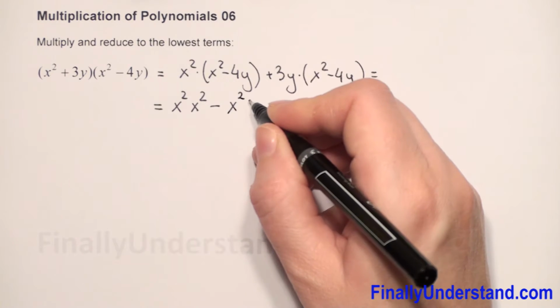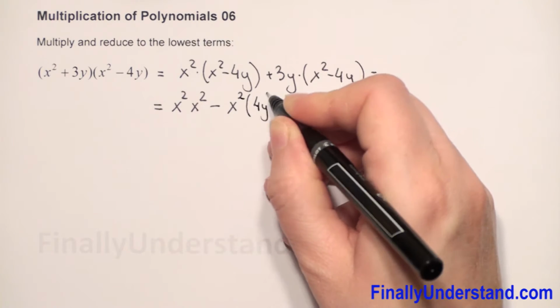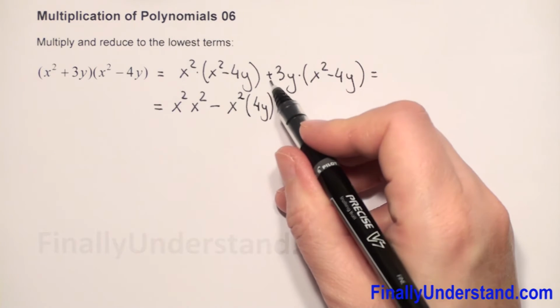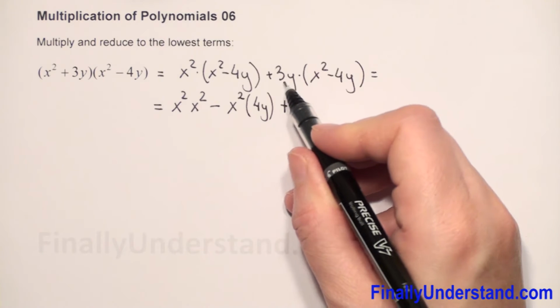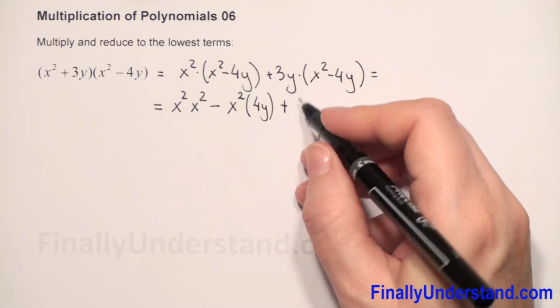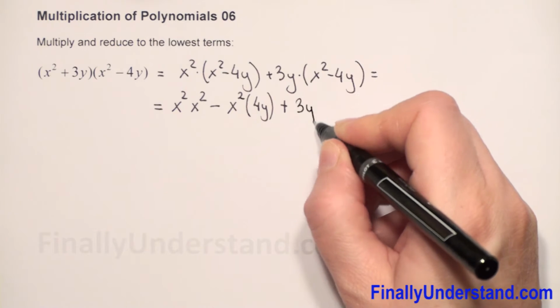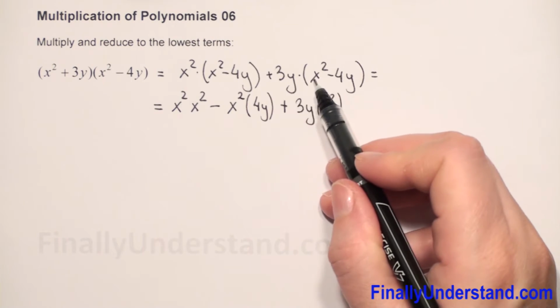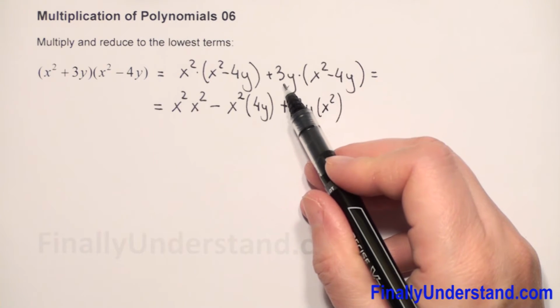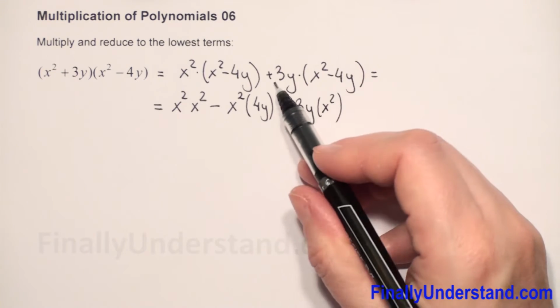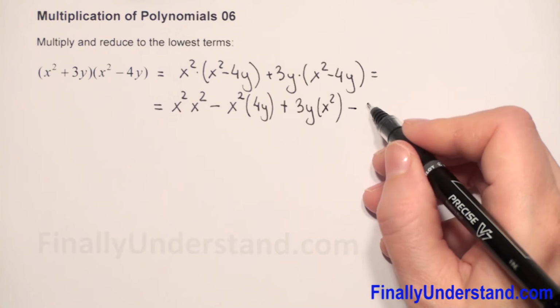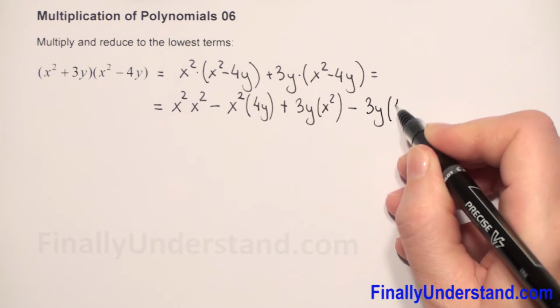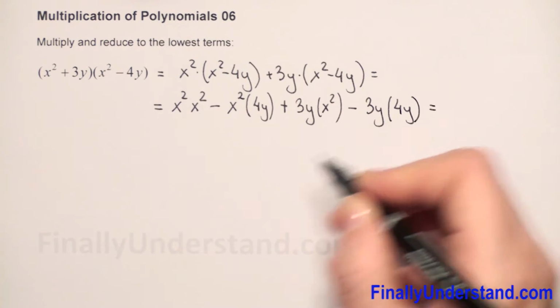X squared times 4y, and next we have plus positive 3y times x squared, so it will be 3y times x squared. We have to multiply every expression in parentheses now by 3y. And positive times negative gives me negative. We have 3y times 4y. So this is equal